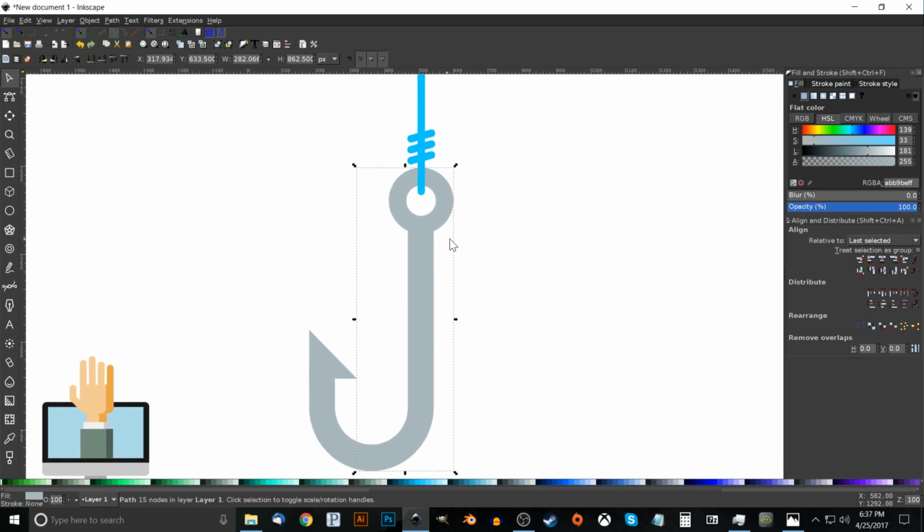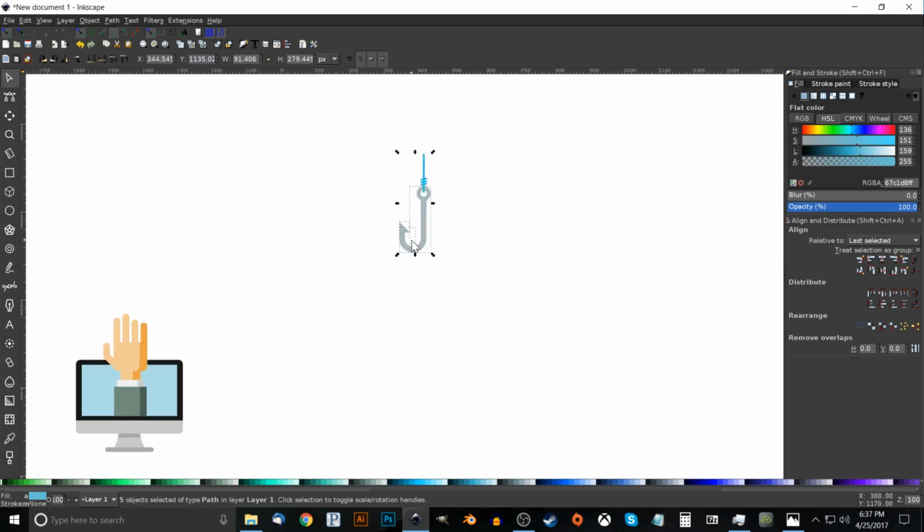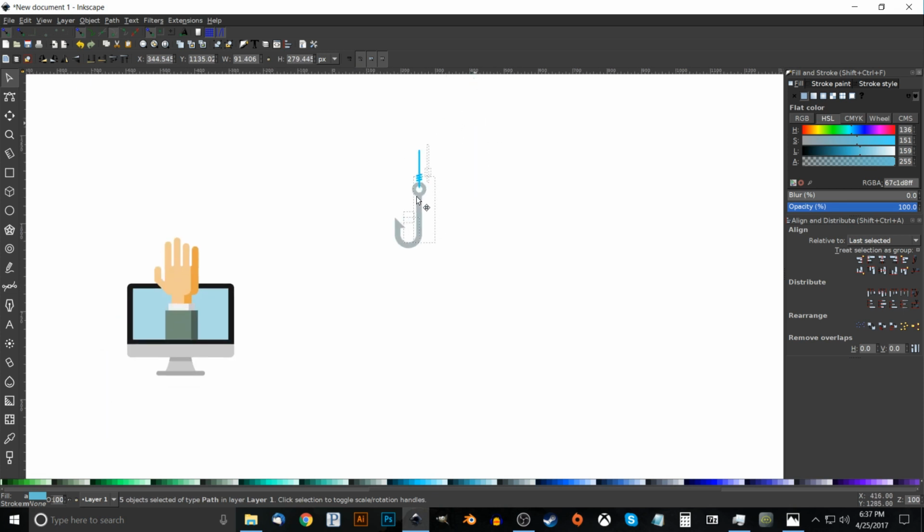And I'm just going to zoom out now by holding Control and rolling down the mouse wheel and click and drag over all of that so I can hold Control and Shift and scale it down like that. And let me zoom back in. That's pretty good. And the final step would be to create the dollar bill that's going to sit on the